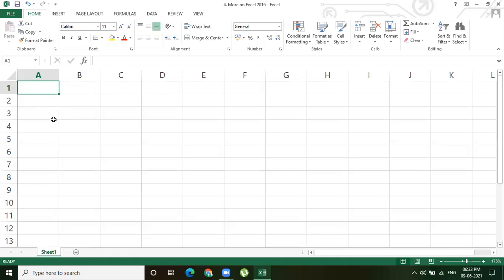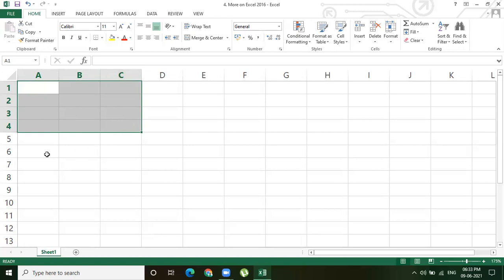Now, range of cells, or group of cells. If I select from here to here, what is the range of the selected cells? The first cell and the last cell. What is the first cell? A1, and the last cell is C4.